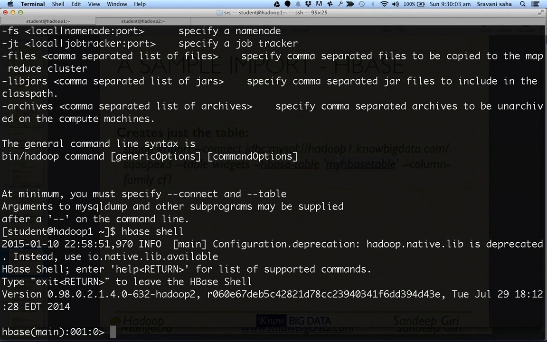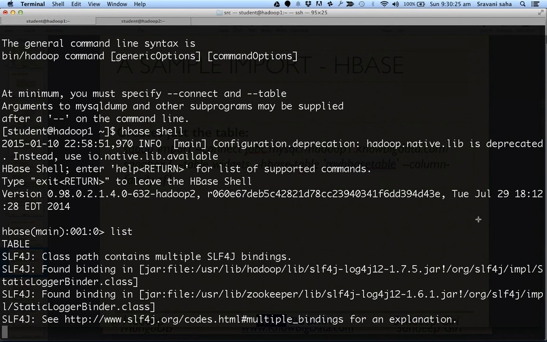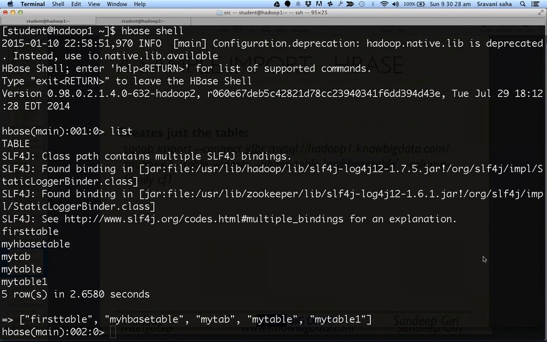How do we see all the tables existing in HBase? Anybody else? Yep. So not show tables, it's list, right? So already there is a table called